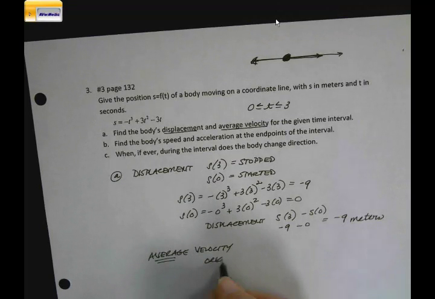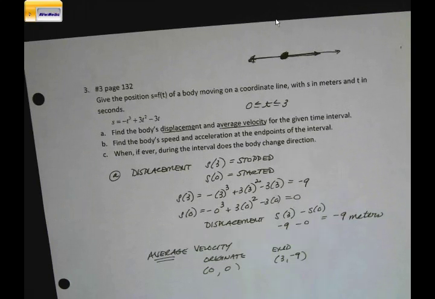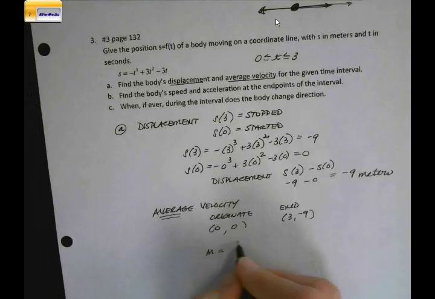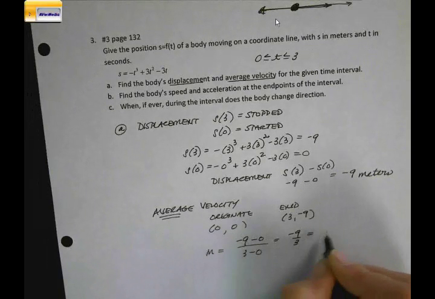So we originate at time 0 and we end at time 3. So when x or t is 0, when time is 0, our position is 0. When time is 3, our position is negative 9, or 9 units or 9 meters to the left of the point of origination. So the slope is negative 9 minus 0 over 3 minus 0,